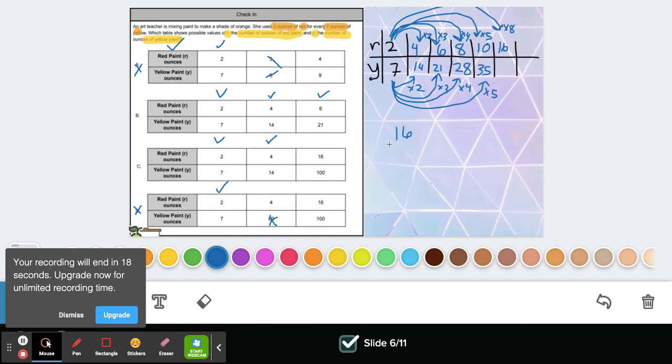So 16 divided by 2. 2 times 8 gives me 16. That's how I got that number 8. So then here, I have to also multiply by 8. 7 times 8 is 56. So my answer is